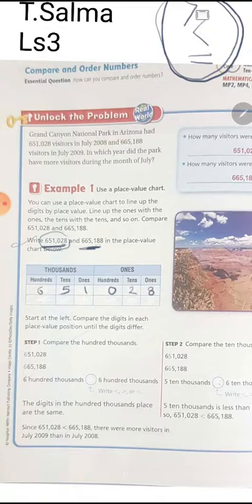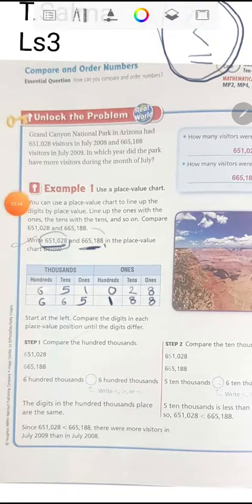Now let's put this number also in the place value chart under this number. So I will put 8 in the first digit, and this 8 also in tens digit, 1 in hundreds digit. Now continue after the comma, we will start thousands period, so it will be 5 in 1000s, 6 in 10,000s, and 6 in 100,000s. Now if you want to compare between two numbers,